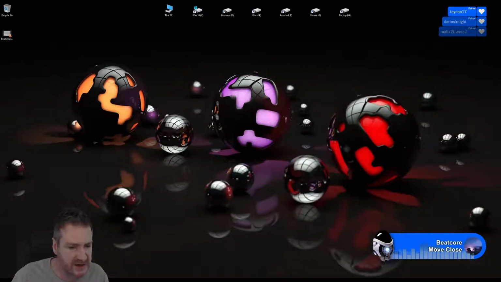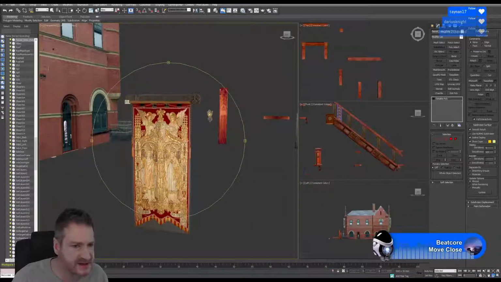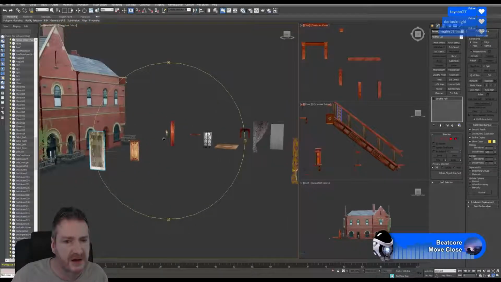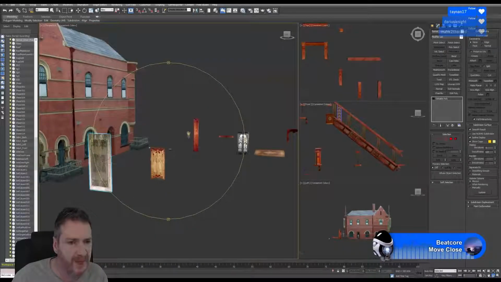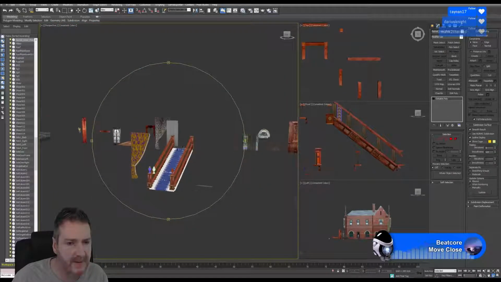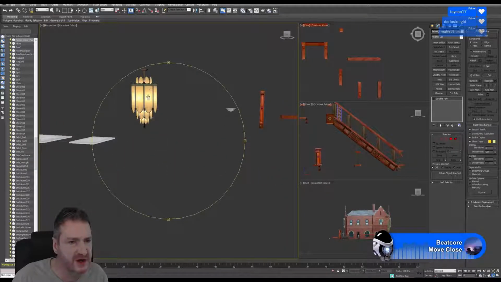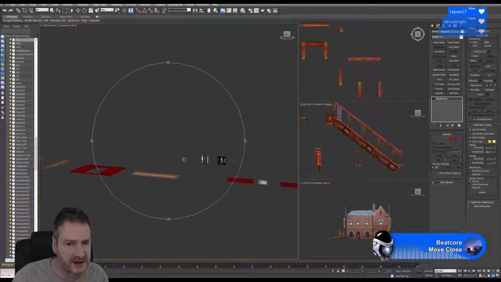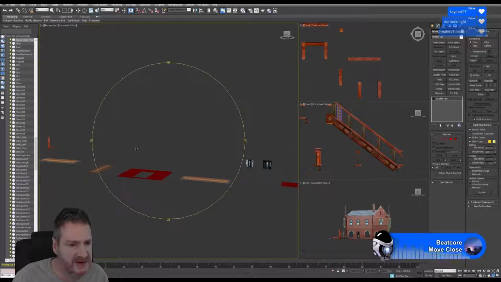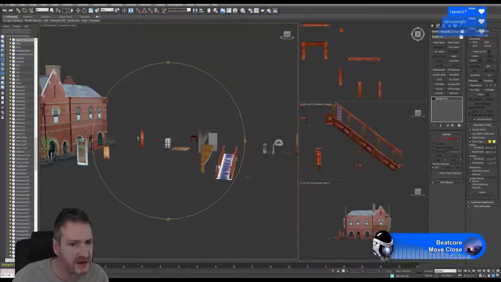So what do we have here? What can we work on? You'll see that the texture is different as well. I want to use this new texture for the flag. It's just a little bit more interesting, a bit more detailed. We're not going to work on the floor sections. I don't want to work on this main lamp just yet. Everything else we've done in the background, so